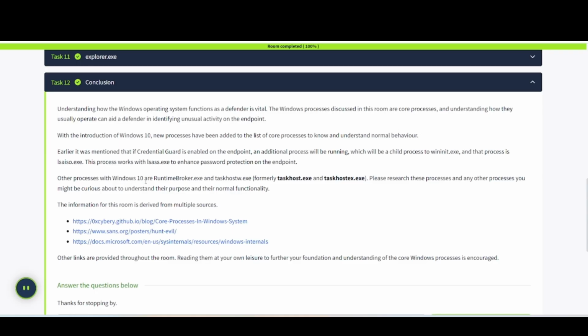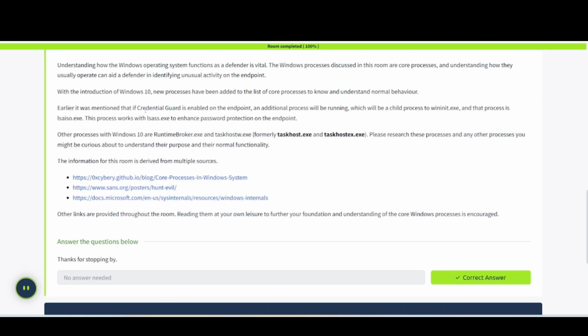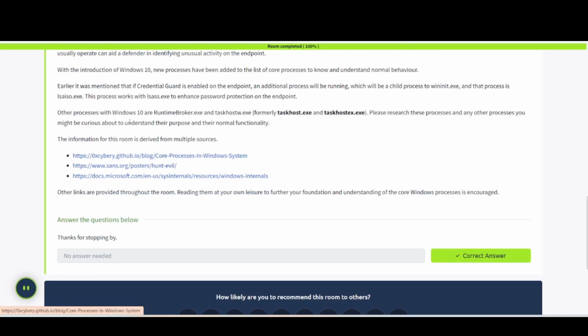understand normal behavior. Earlier, it was mentioned that if credential guard is enabled on the endpoint, an additional process will be running, which will be a child process to wininit.exe, and that process is lsaiso.exe. This process works with lsass.exe to enhance password protection on the endpoint, right? And we know that this is commonly targeted by attackers and such, right? As we learned about in this particular room. Other processes with Windows 10 are RuntimeBroker.exe and taskhostw.exe, formerly